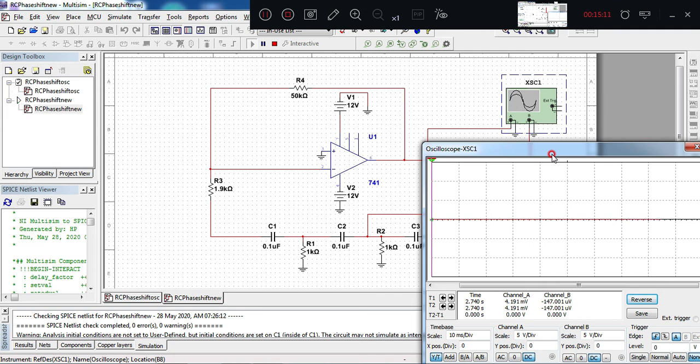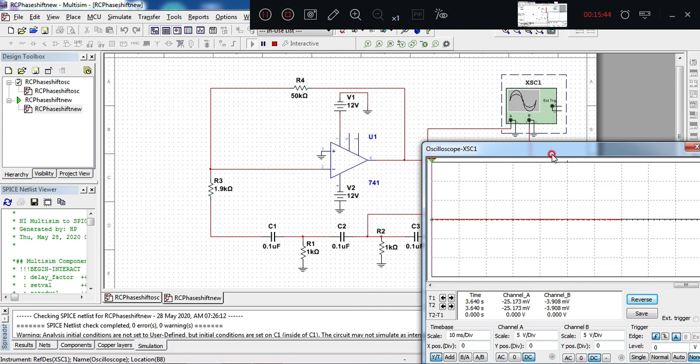From pico to nano, nano to micro. So the voltage on the first RC section, channel B, if you observe, that value is changing. Till we get sustained oscillation the simulator should run. So now it has changed to millivolt.